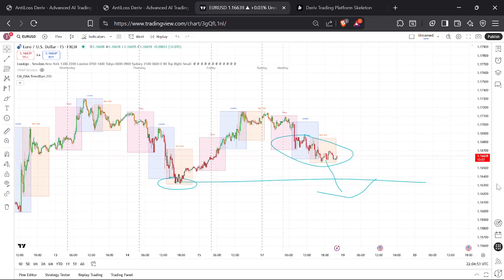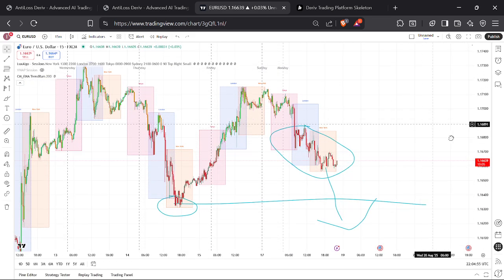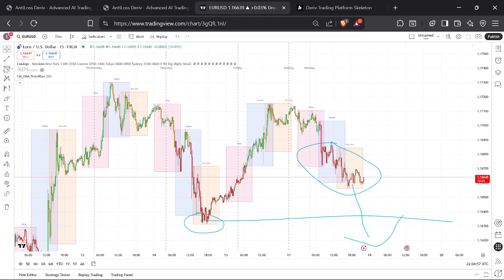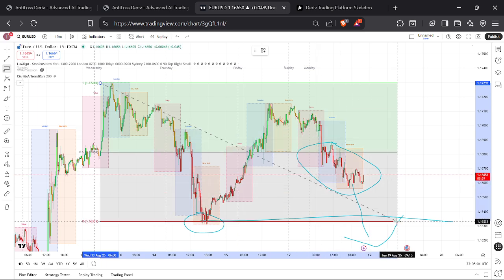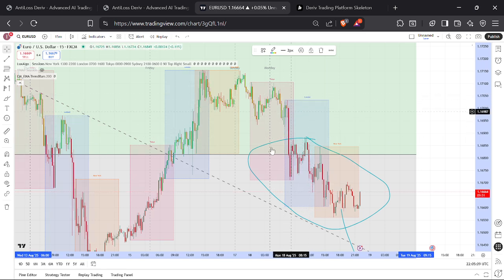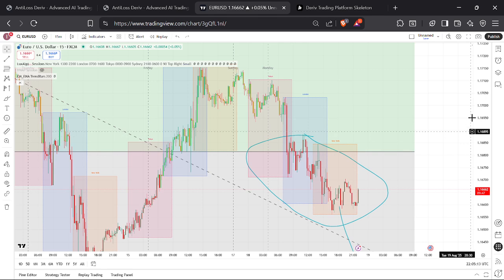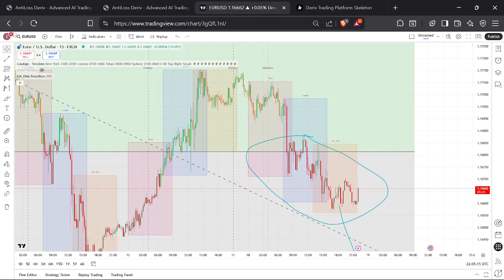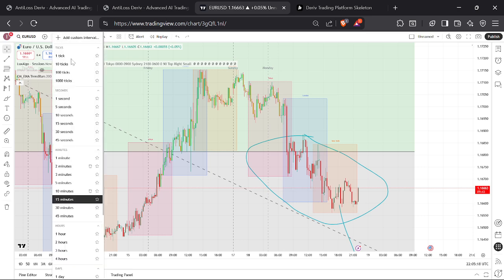And the candles have started to become red. We are also in a sell zone right here, and the candles have started to become red. And the other thing that happened is that we had very huge sell momentum on London session and on New York session. One other thing, if I go back to the 1 hour time frame,